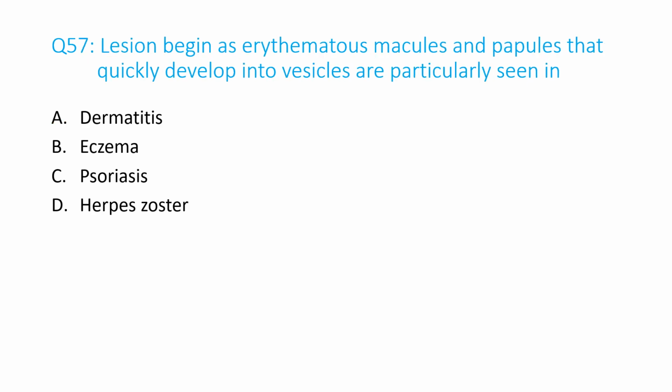Number 57. Lesions that begin as erythematous, macular, and papular and quickly develop into vesicles are particularly seen in A. Dermatitis, B. Eczema, C. Psoriasis, D. Herpes zoster. And the answer is